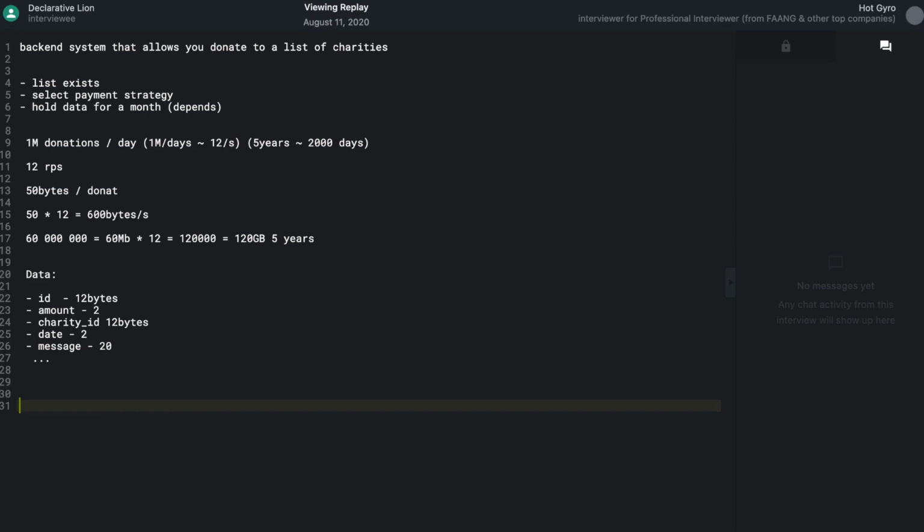Yeah, so you mentioned using a SQL database in the beginning, right? Can you explain how you would shard the data using a SQL database? Yeah, that's what I'm thinking right now. If we have not 120 gigabytes but terabytes of data, now I'm thinking that maybe it would be even easier to use some kind of NoSQL solution. Okay. Let's say you use a NoSQL, right? How would you scale that database?